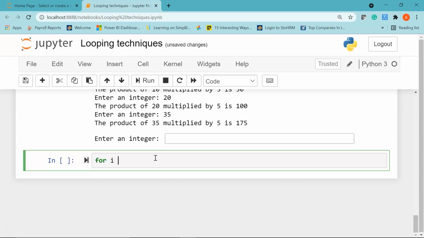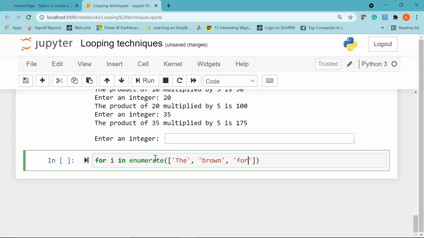So I'll directly start with my for loop. I'll say for i in, I'll use the enumerate keyword, and within brackets I'll pass in my elements in the form of a list. I'll say the, let's say, then we have brown.